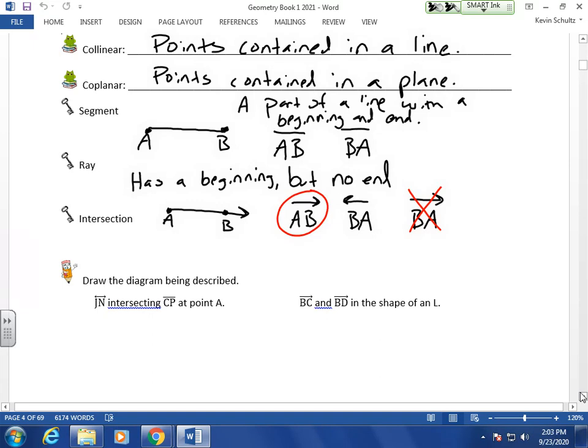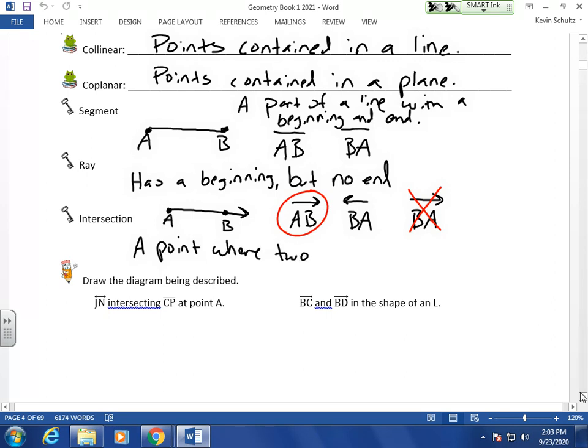Not to be confused with interception, which all Vikings fans know what that means, because we saw 3 of them on Sunday. But intersection. Point where 2 lines meet. I want to abbreviate that slightly. But it's a point